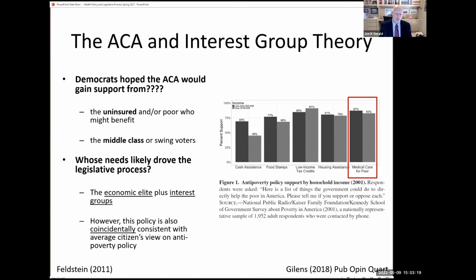And what we've seen so far is that's very unlikely to be true, because the poor in the middle class don't seem to have any influence on legislative outcomes. In all likelihood, really, what the Democrats were achieving was they're trying to meet the preferences of the economic elite and interest groups. And so that's largely what was happening. And so when we ask rich people about their attitudes about anti-poverty programs, rich people are much more likely to favor giving poor people health care than they are to give poor people money.